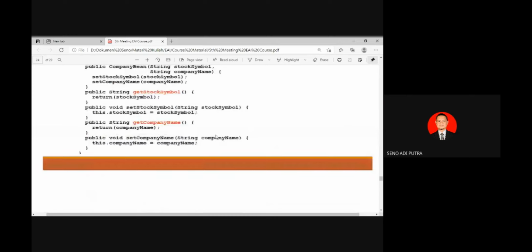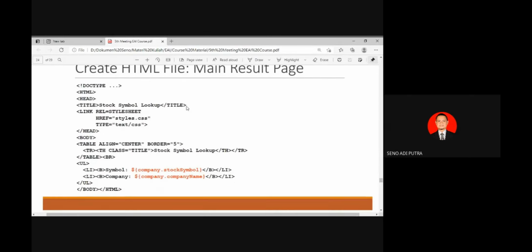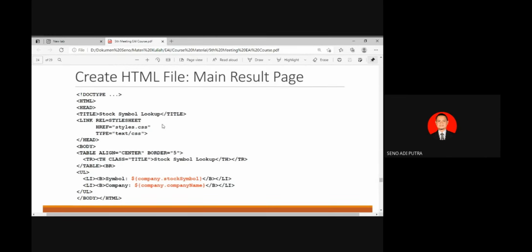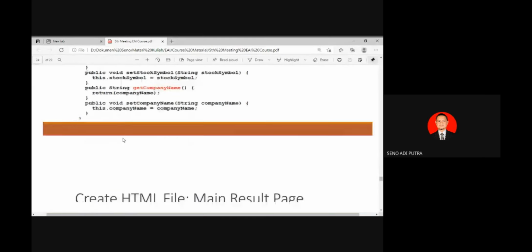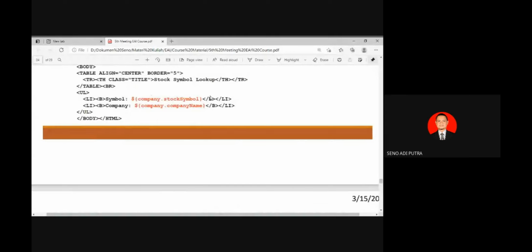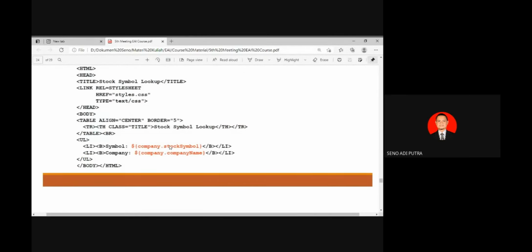Okay. And now we create the HTML, as you have learned in web programming. But how to access the bean here? You can use the following statement: company, stock symbol, company name.